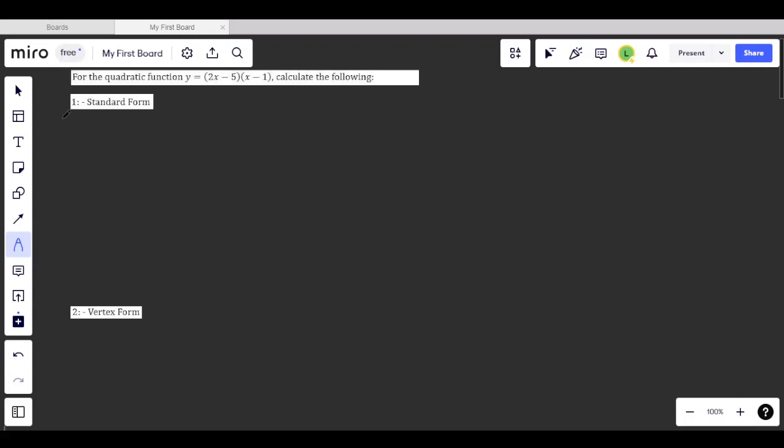Okay, now we have this function y is equal to (2x minus 5) into (x minus 1). We need to find the standard form of this function, so let's write down this function: y is equal to (2x minus 5) into (x minus 1). To find the standard form, we simply multiply the binomials. That will become